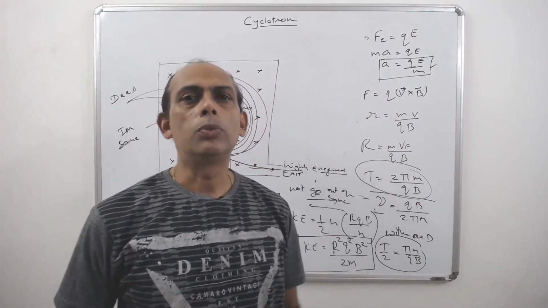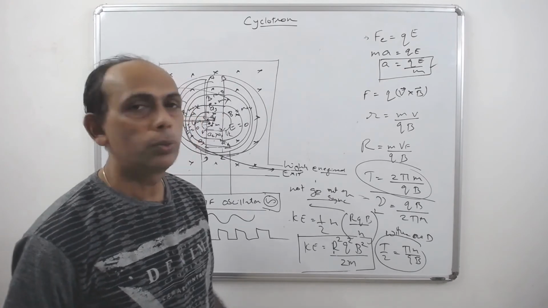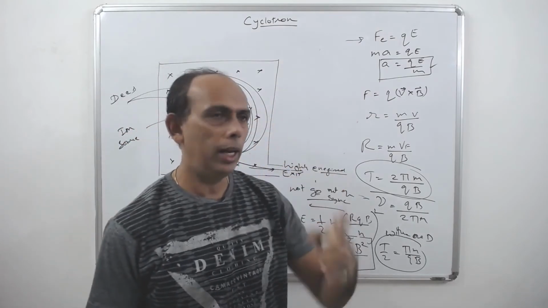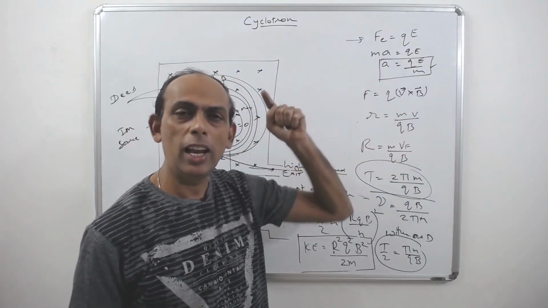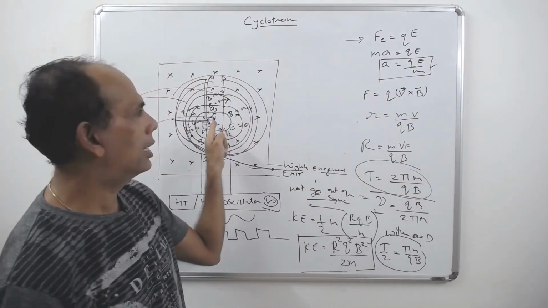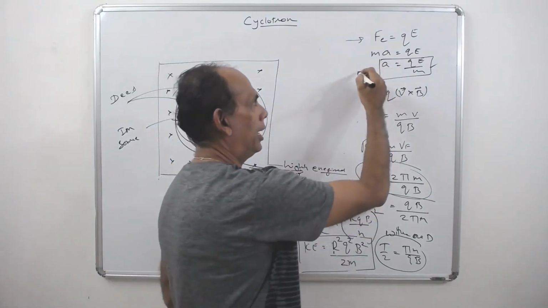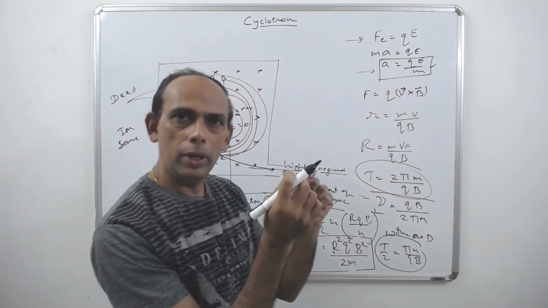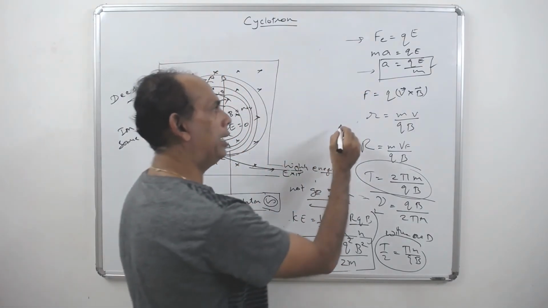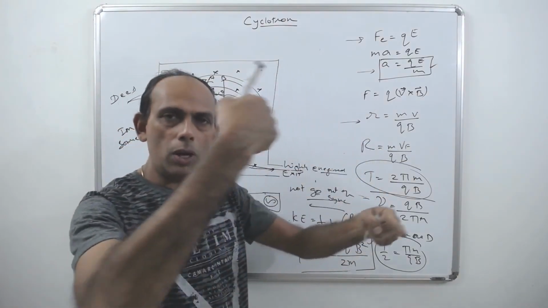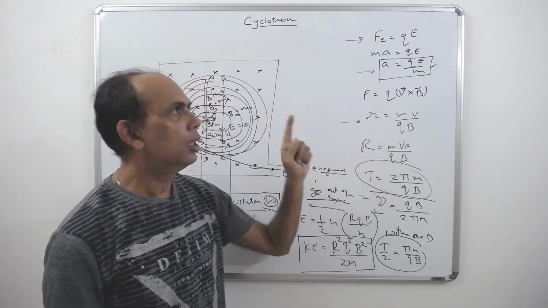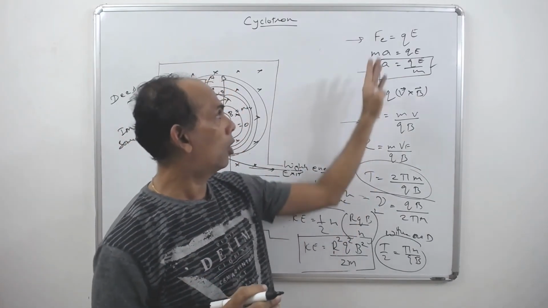And finally coming to its working principle. Principle one is that when a charge is placed in an electric field, a force acts on the charge and pushes the charge. That's how it gets accelerated. The second thing is that when it is kept in the magnetic field, it turns into a circular path. So these are the two basic working principles of the cyclotron.